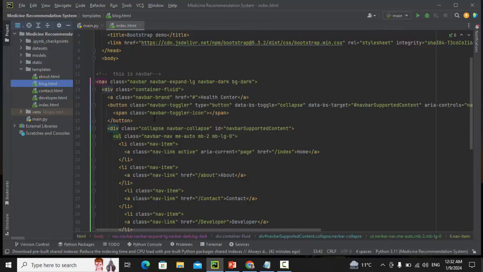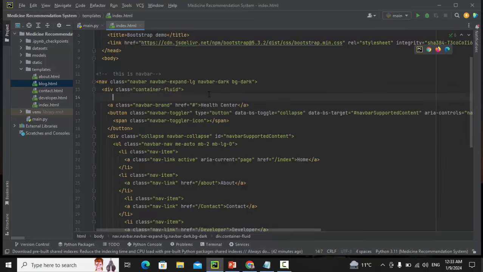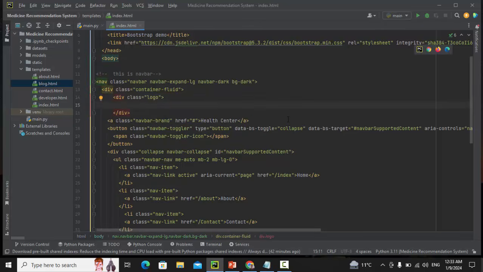Now what I can do, right after this button, or I think I want to add the image. So the image will be after this or before this. Yeah, before this Health Center. I will add here my div. This is my div. Okay, and I will give my class the name of logo, because I will also use custom CSS, and within this I'll use an image tag, and within the image source, as I told you, I am using an